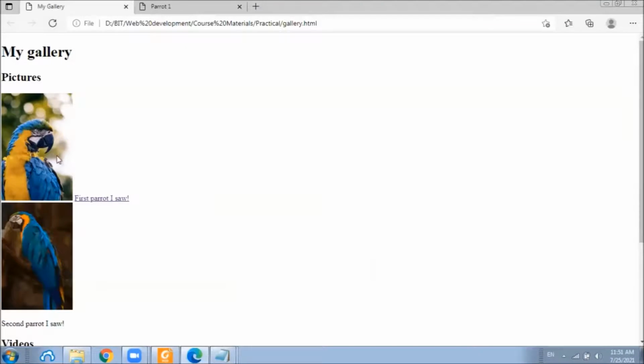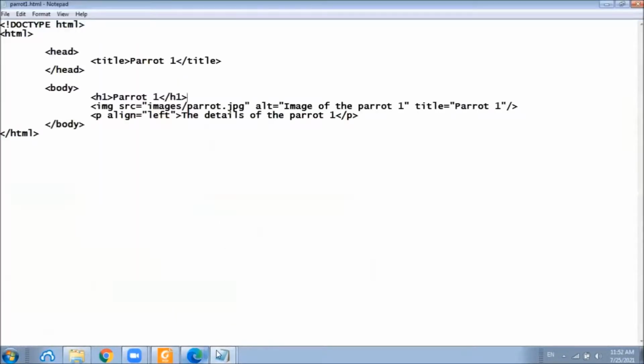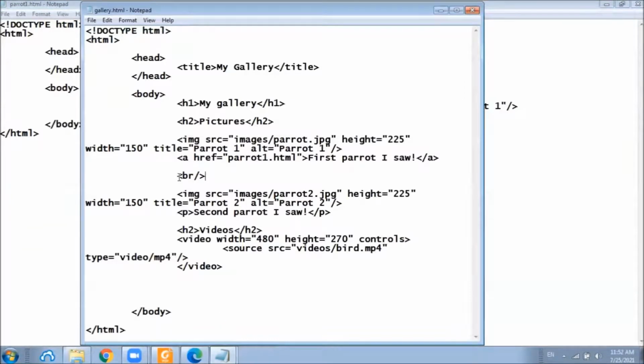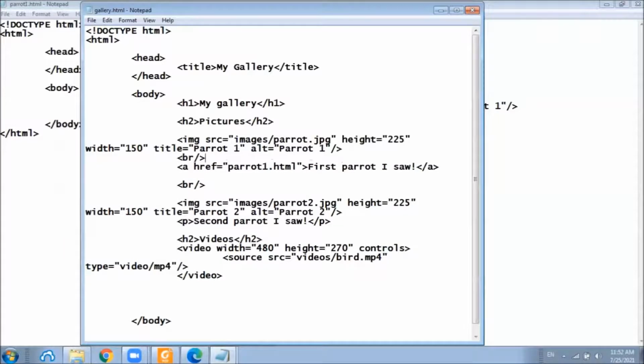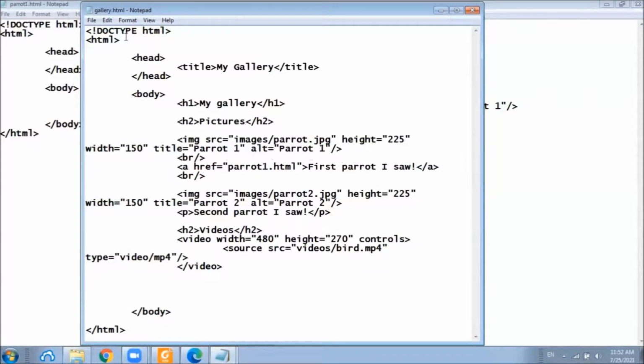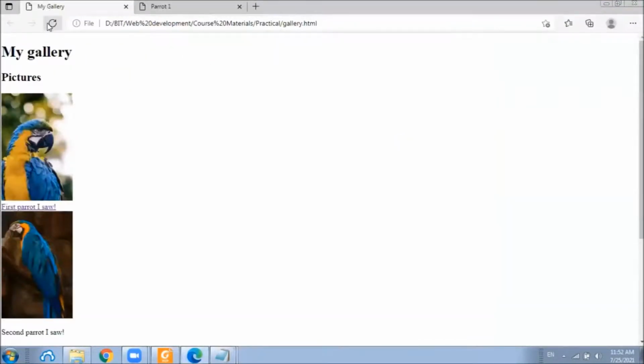But we also want to show this anchor tag or this hyperlink beneath the image rather than on the side of it. We will use the same break tag between the image and the anchor tag as well.